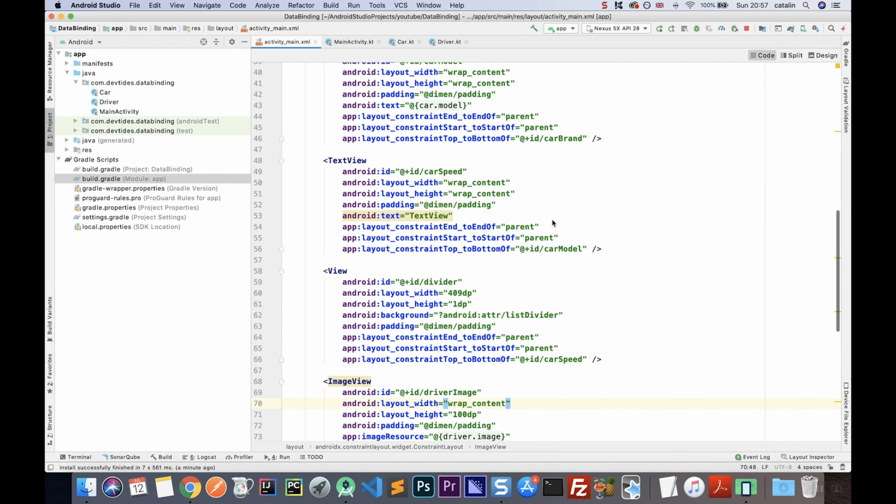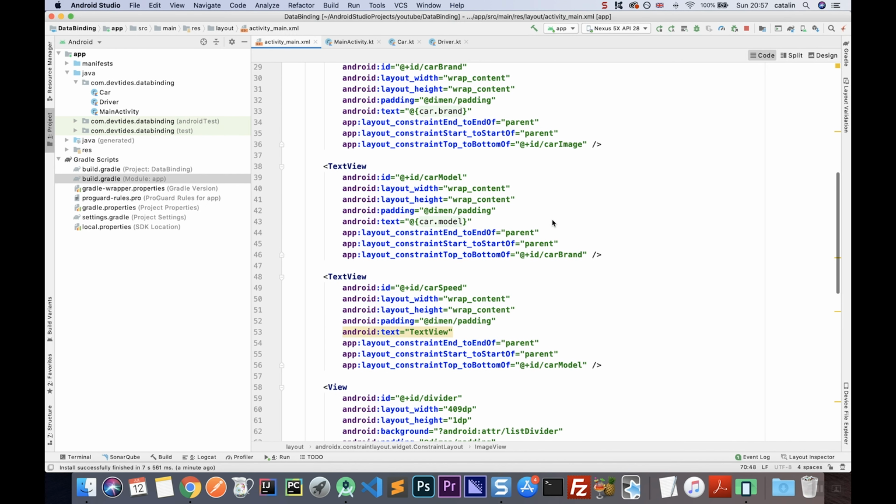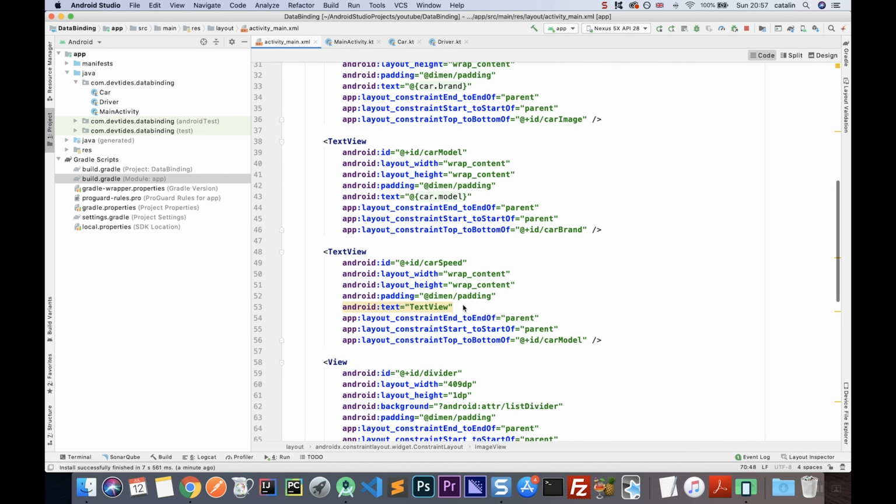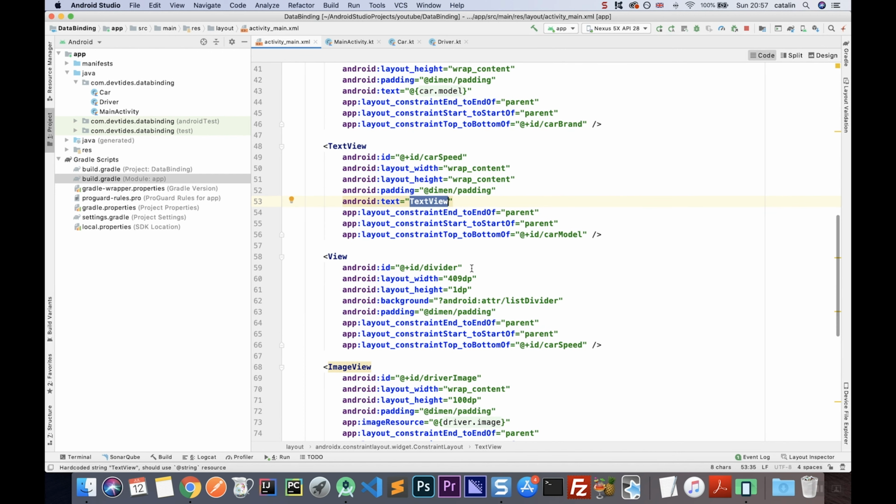So something a little bit more interesting now. Not only can we use car.model, so references to values, but we can have expressions inside the layouts as well. So here is an example. Let's say we want to say whether a car is fast or slow. We can decide that based on the speed. So I can say car.speed or top speed greater than or equal to, let's say, 200. In that case, I have fast